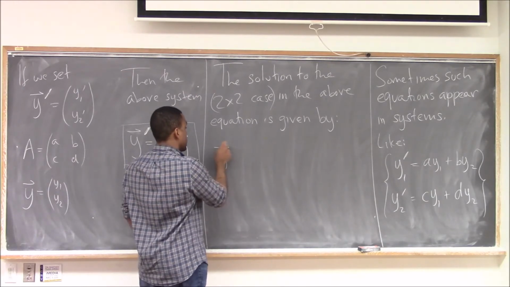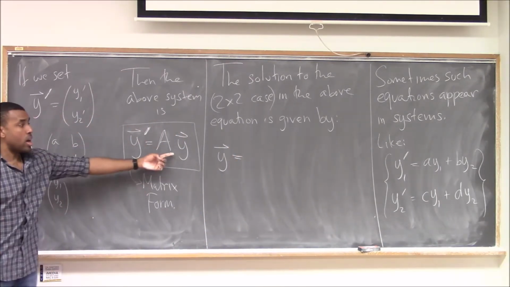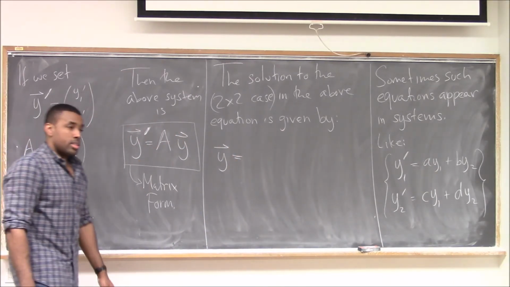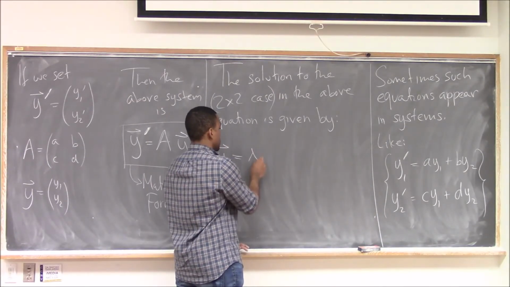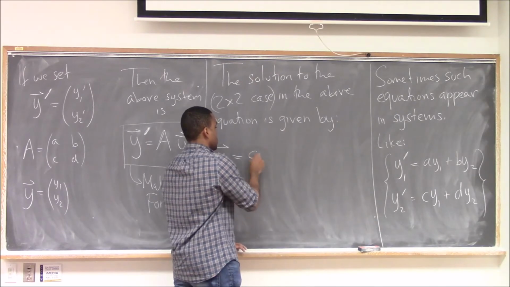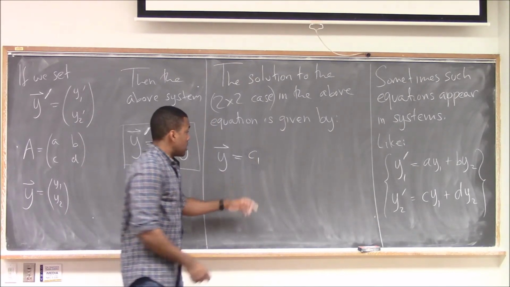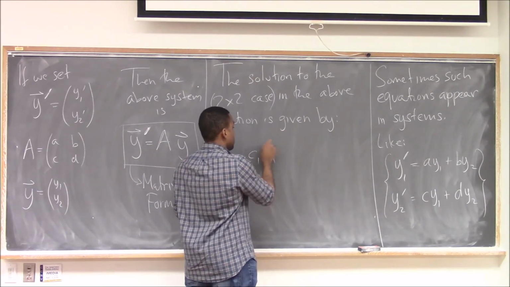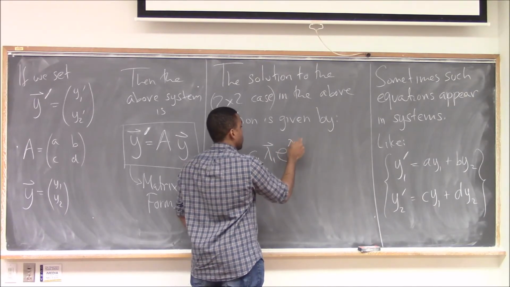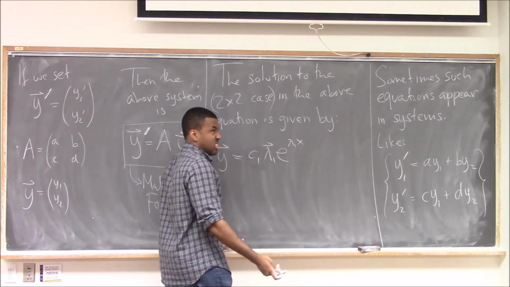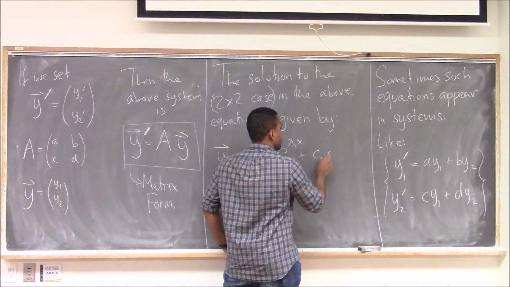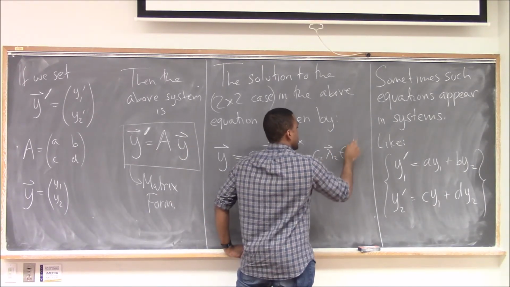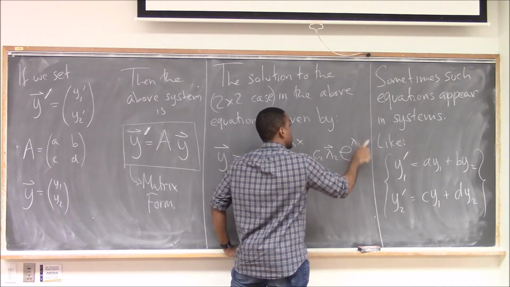Your y vector, if I want to solve this for y, is actually going to be given by C1, that's the arbitrary constant, lambda 1 vector e to the lambda 1 t. They usually use t when they're talking about differential equations. Plus C2, lambda 2 vector e to the lambda 2 t,